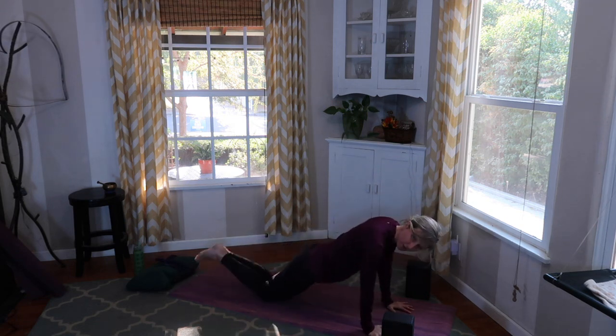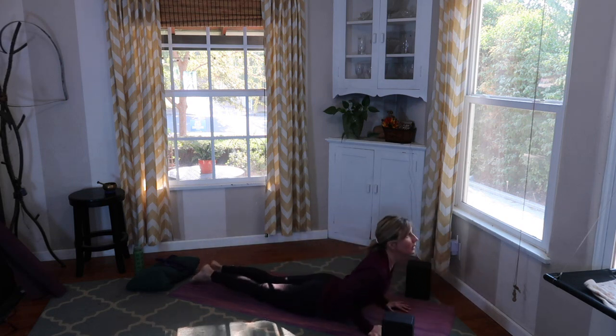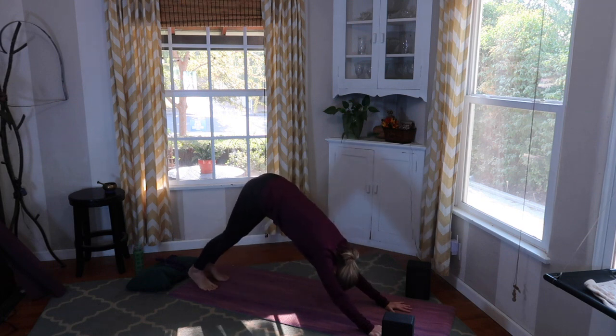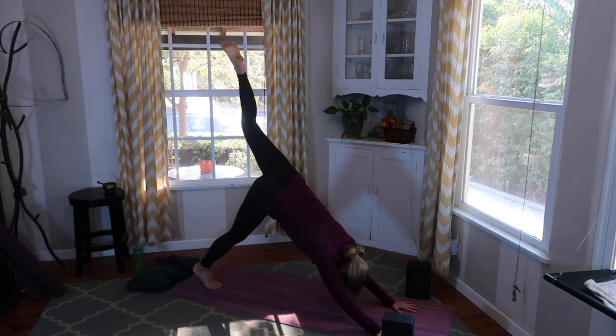Shift the weight forward, drop to fronts of the knees, uncurl toes. Heart to the floor, heart off of the floor. Curl our toes under, lift and press, downward facing dog. Go ahead and nod that head and shake that head. With our weight centered here, let's go ahead and lift our right leg up, bend at our right knee, and